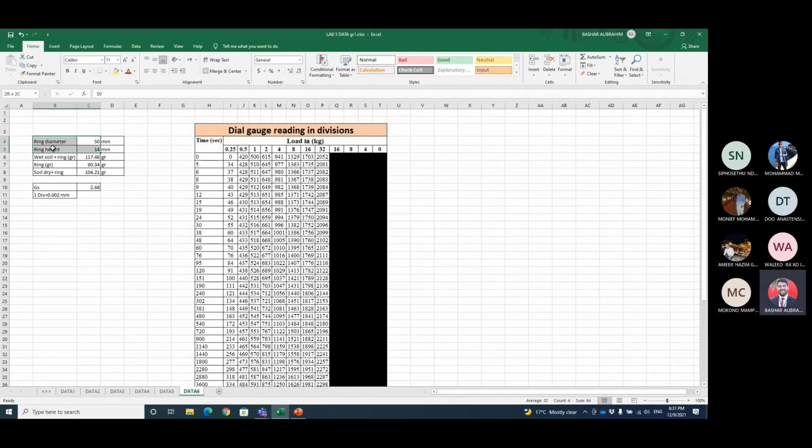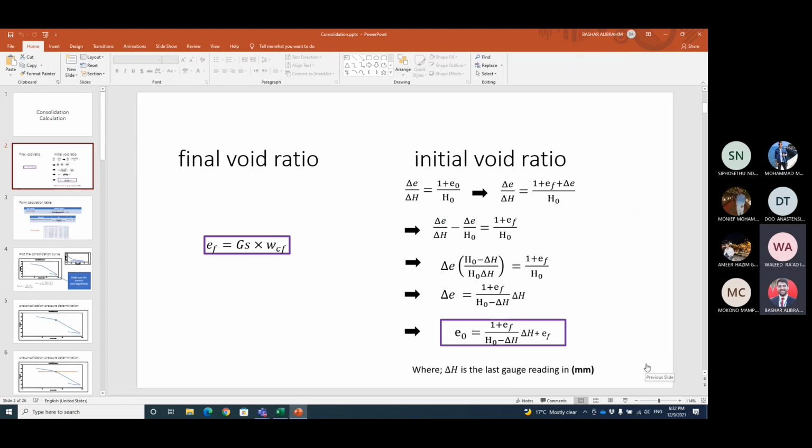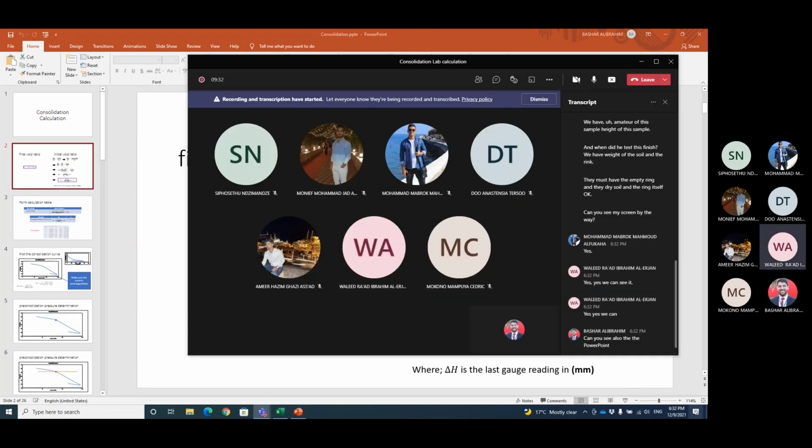We have the diameter of the sample, height of the sample, and when the test is finished, we have the weight of the soil and the ring, the mass of the empty ring and the dry soil and the ring itself, okay? Can you see my screen, by the way? Yes, we can also see the PowerPoint. Yes. Okay, so